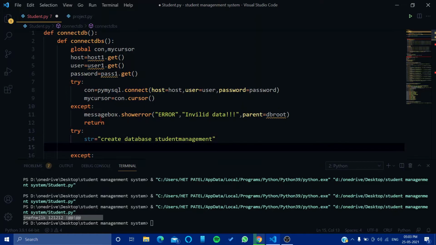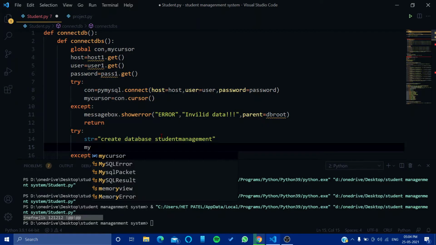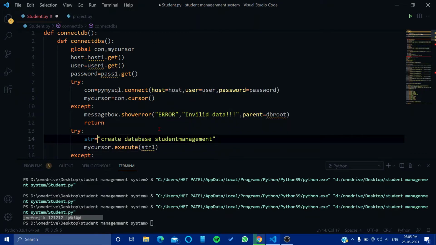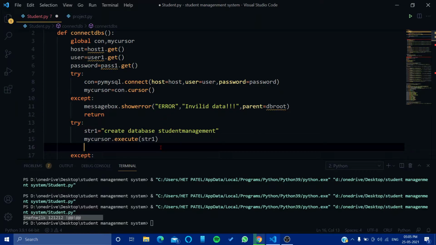Then we will say my cursor dot execute. We will say str1, because str is an inbuilt function, so we'll go for another one.